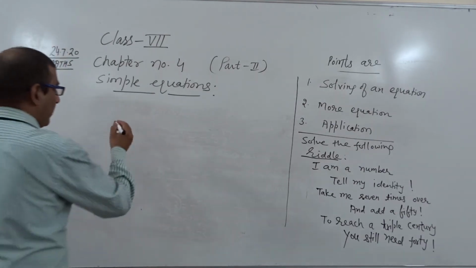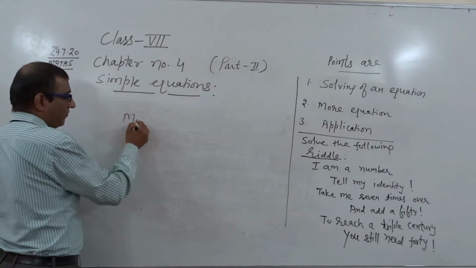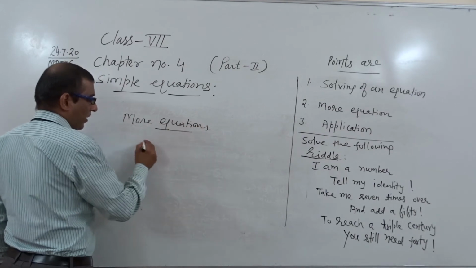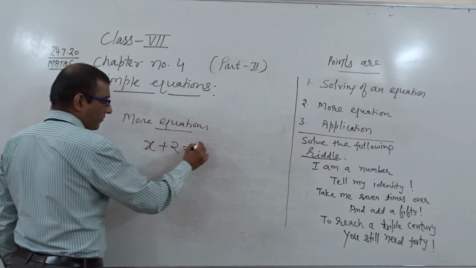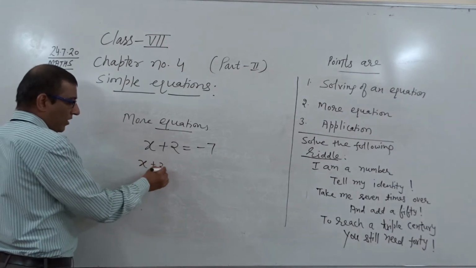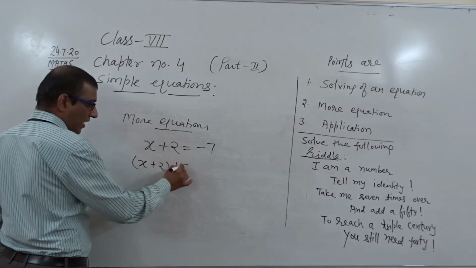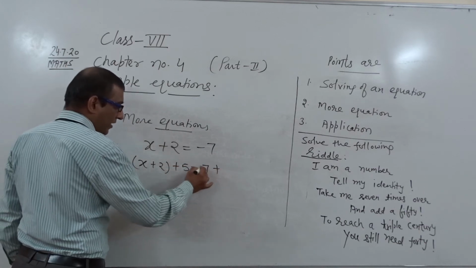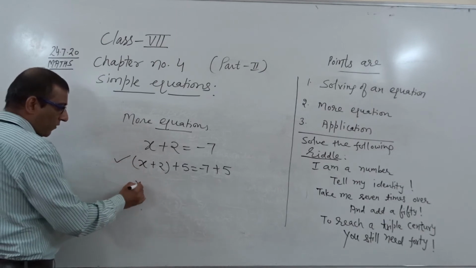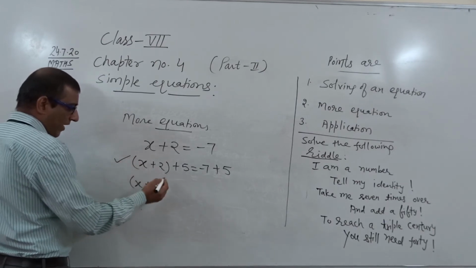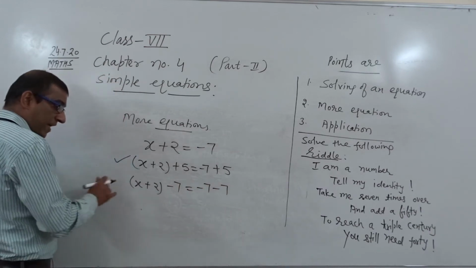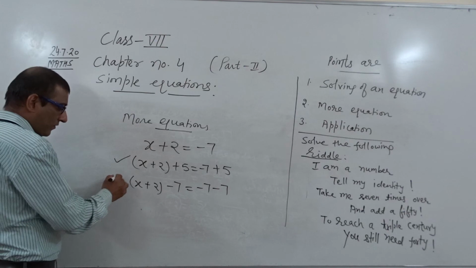Now I am taking under this heading, more on equations, one more thing which I want to share with you. For example, this is the equation. In this equation, as you know very well, if you add plus 5 on the left hand side, it means you have to add it on the right hand side also. This is one of the concepts. If you want to subtract 7 on both sides, it means you have to subtract 7 from both sides. Then it will balance, otherwise it will not balance.